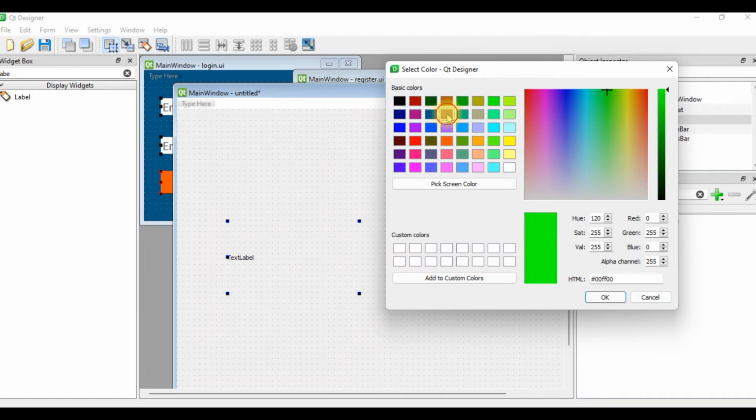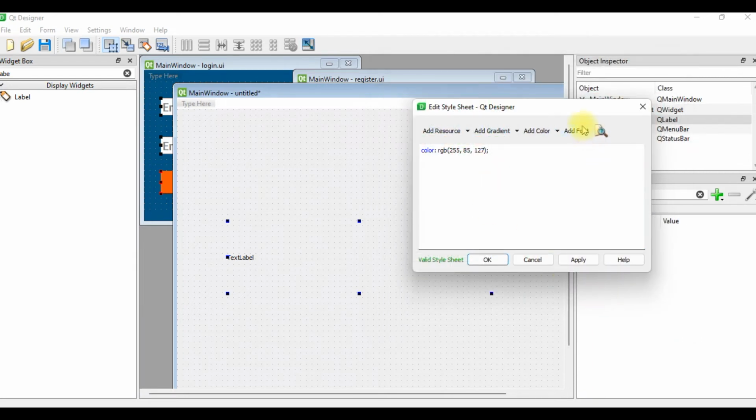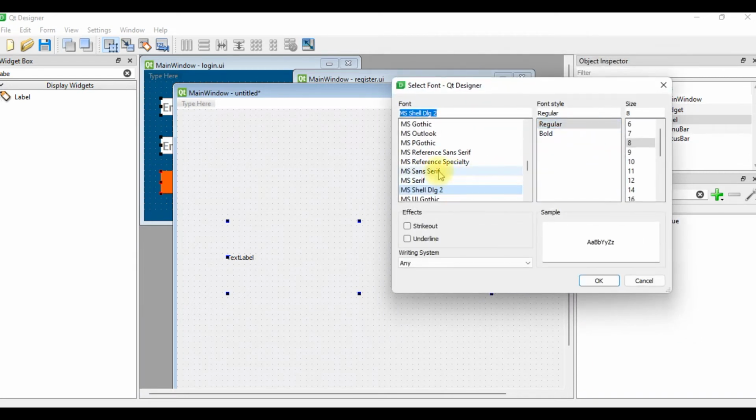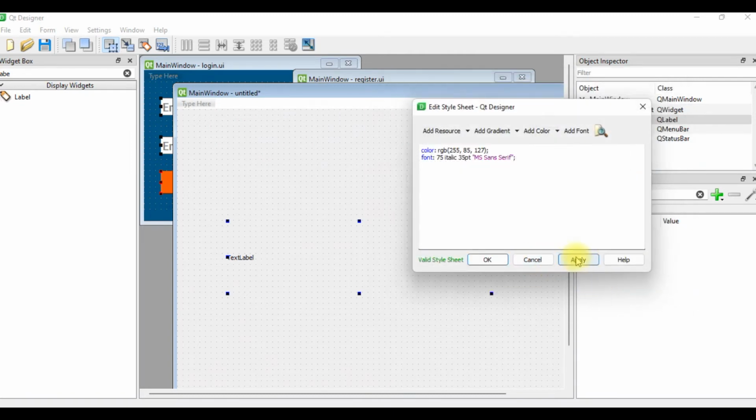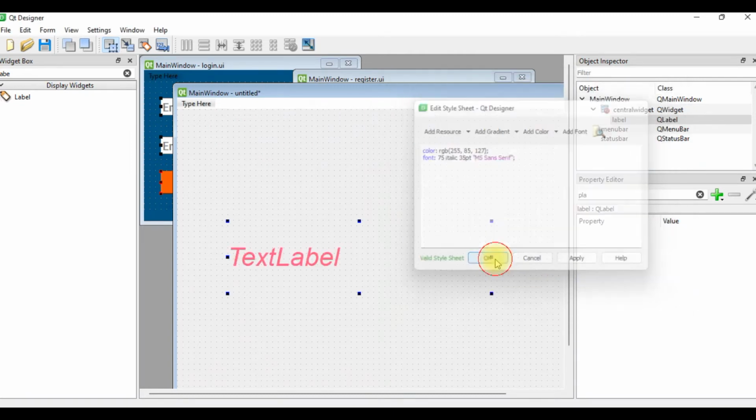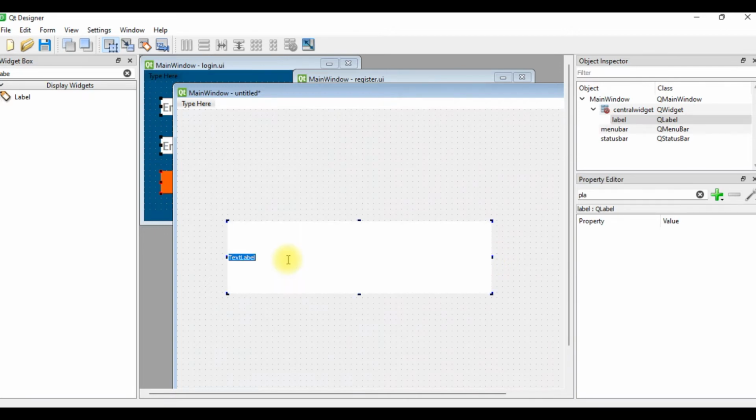I want something spicy. Okay, let me pick this one. That is for the color. Now for the font, MSR Serif bold italics, 35. Click OK. Apply. OK. I double click this and say